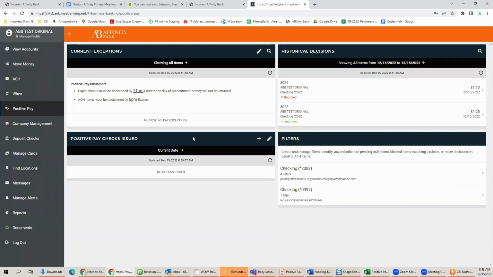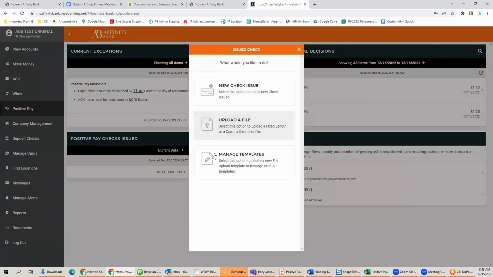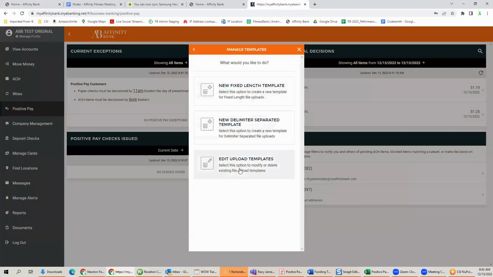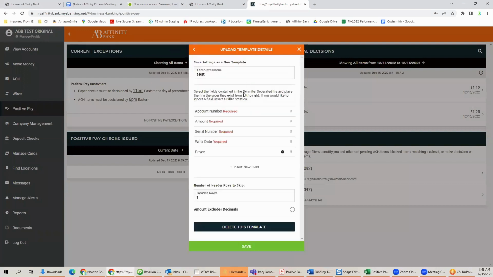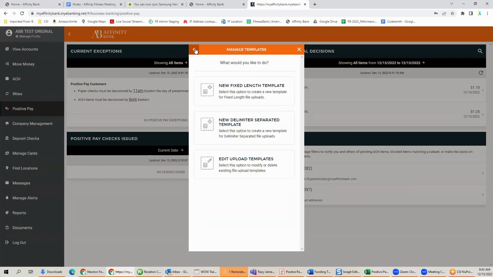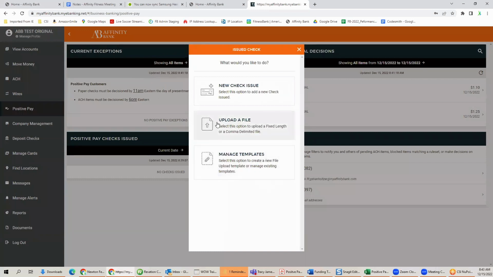Let me also show you how to do a CSV file, how you set it up, and upload multiple checks at once. So what I would do, you can set up a template, which I've already set up several templates. And basically what you can see is these are the required fields, and we can change the order if we need to match whatever the system spits out, their accounts payable system. So let me show you. So I've already got a